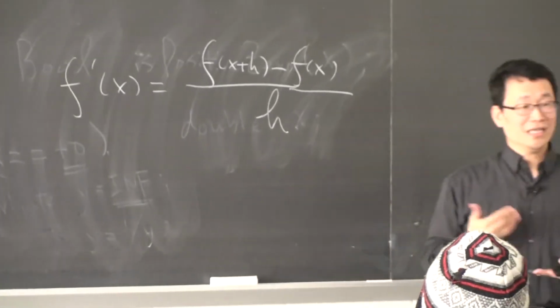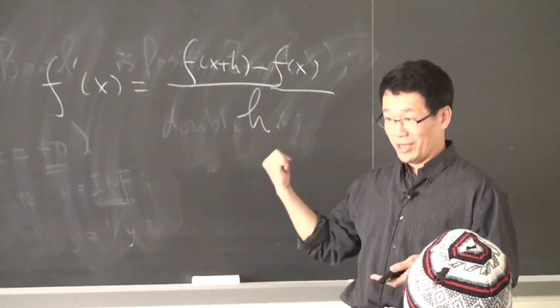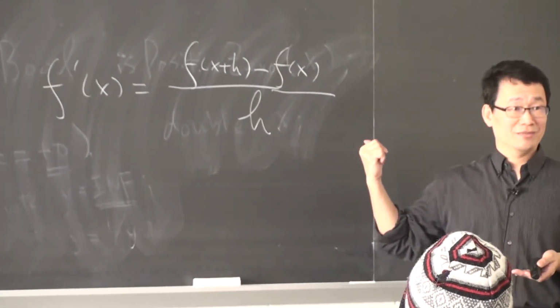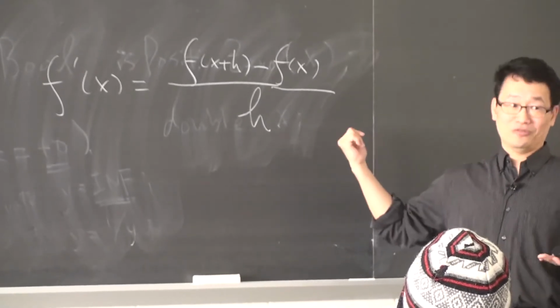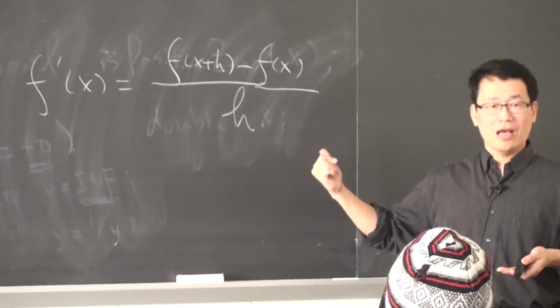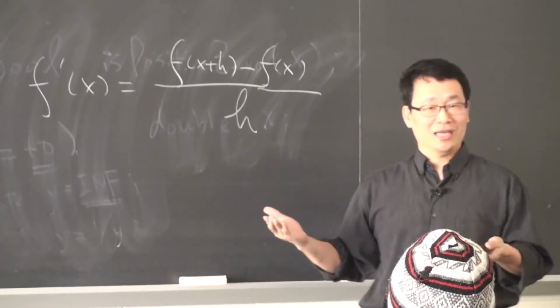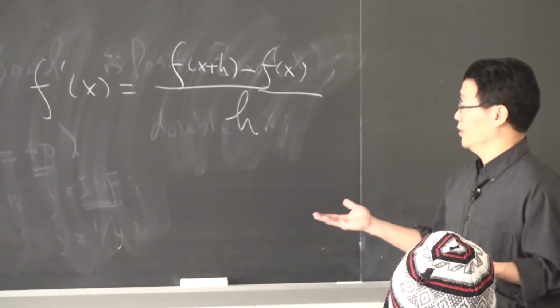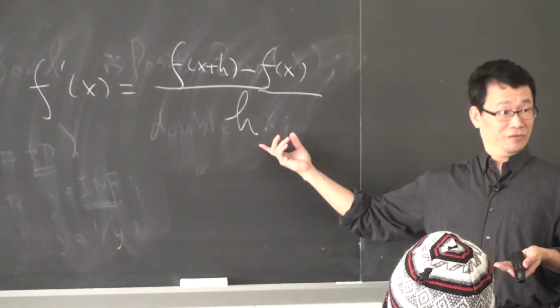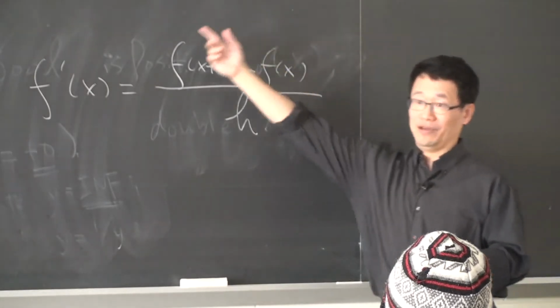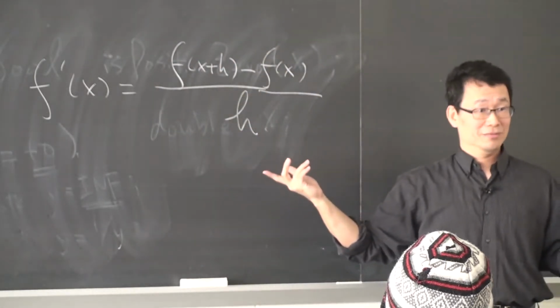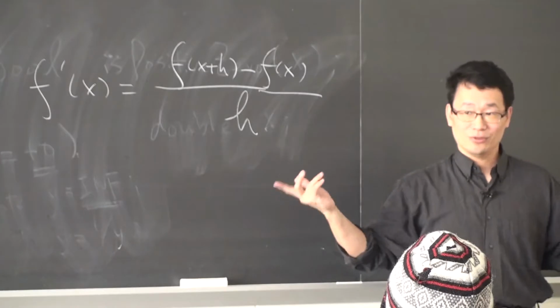But if I ask you the next question, why do you know what you compute is correct? You know this formula for a long time, but the next question is more important: how do I know my choice of h is good enough? How do I know that in this function the implementation is correct? So let's learn that.